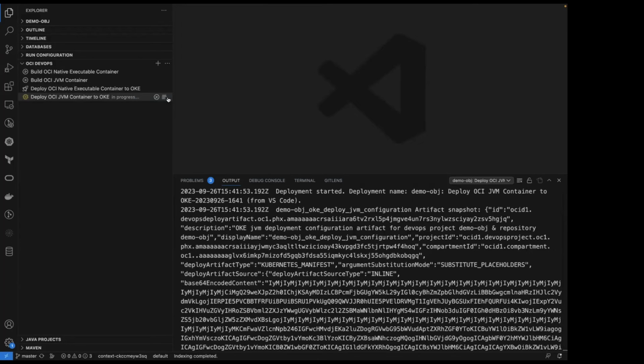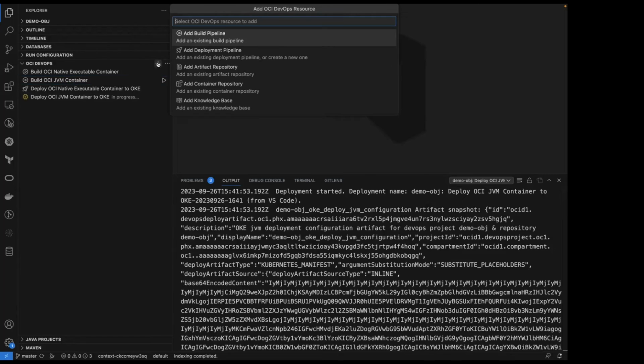So for any of these tasks, you can have an extra menu. You can see the log outputs. For instance, if I want to go and look at the JVM container, I can open it in Oracle Cloud Console. There are extra tasks that are available. For instance, I can open particular folders or open different DevOps projects if I want, import as I've seen.